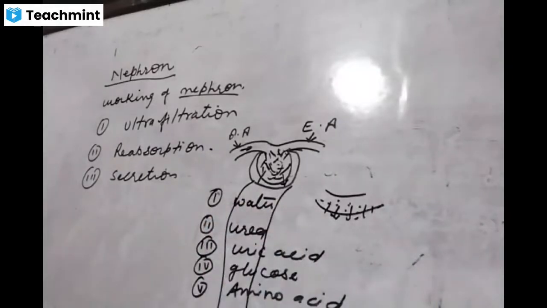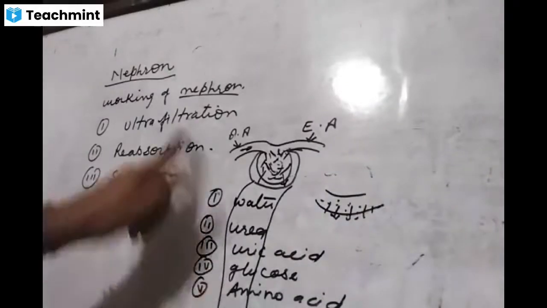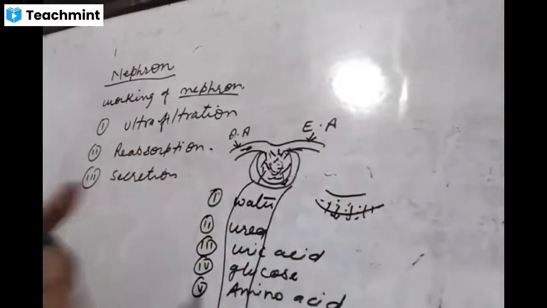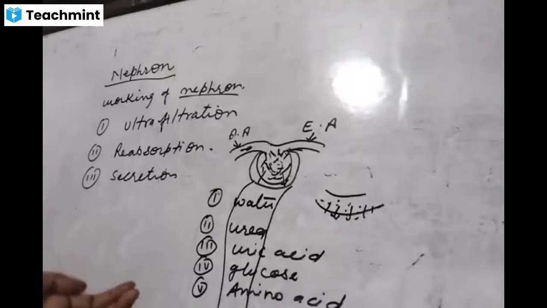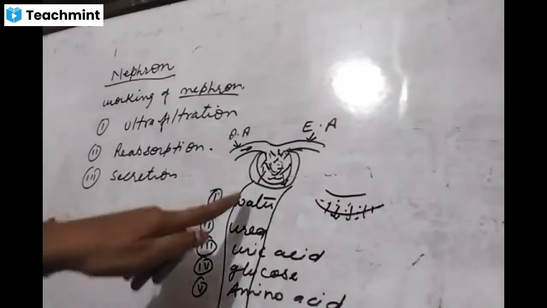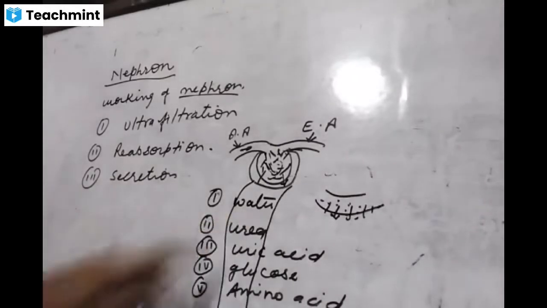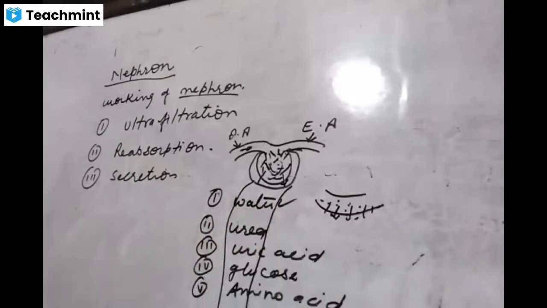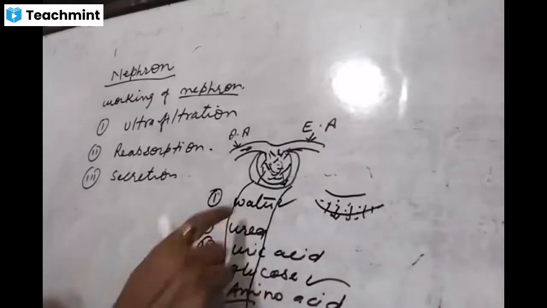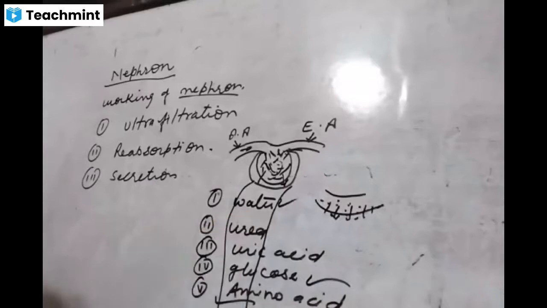This part is called the glomerular filtrate. In the process of filtration, some part remains on the filter paper, which is called residue, and the substance which passes out from the filter paper is called filtrate. In this filtrate, water is also important for our body, glucose is also important for our body, and amino acid is also important for our body. So our body will not remove this glucose, amino acid and all the water from here, because